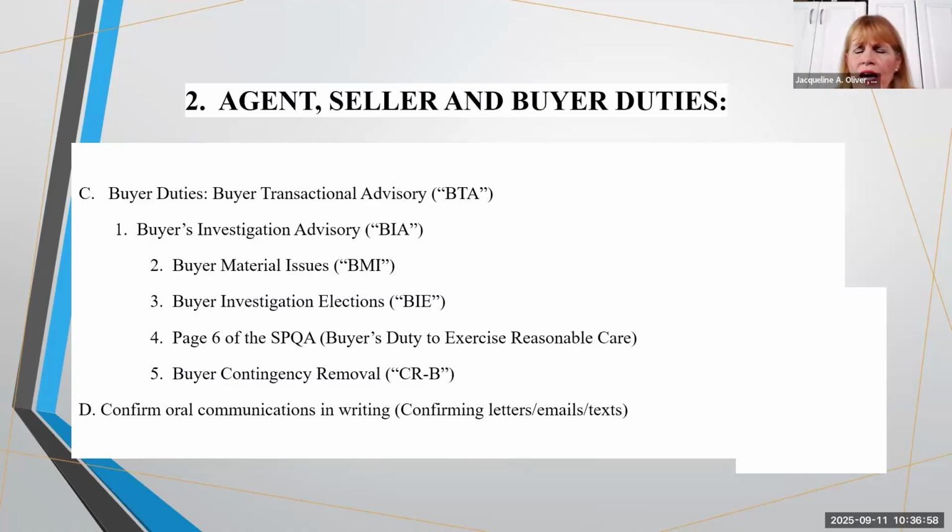And we had another slide previously that mentioned the BIE. This is the buyer investigation elections. What are they going to inspect? Are they just going to have a home inspection, or are they also going to inspect the roof separately? Is this a property that's older and obviously has a couple of layers of roof? I recently had a transaction that I helped with and reviewed, and they had 4 layers of roof, and it was wood shake. And if you don't know what wood shake is, you should learn it, look it up. It had 4 layers.